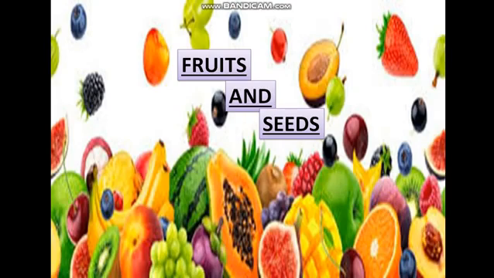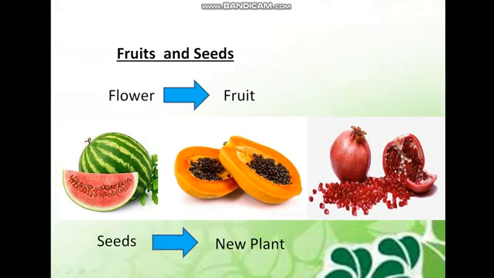Okay, very good. Now what can you see in the picture? Too many tasty, juicy fruits. Wow, how colorful they are. What are they going to have inside them? Can you see the seeds inside them? So we discussed fruits and seeds. Now see, the flower becomes fruit. As I have told you earlier, the flower becomes fruit. Can you see these fruits? What do they have inside them?